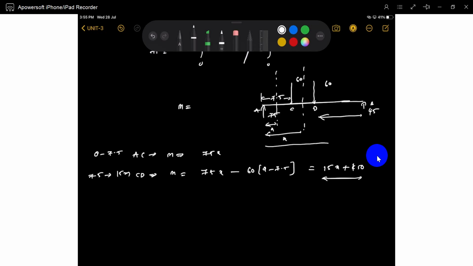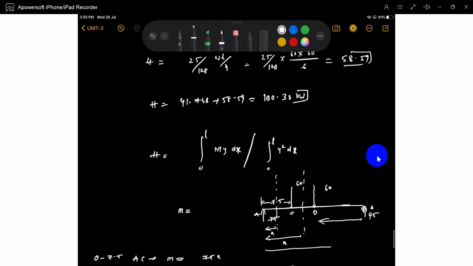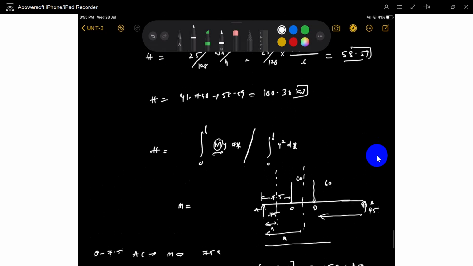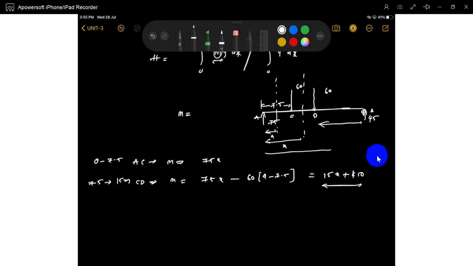So later for this part, don't even consider from A, you will consider from B. That is easier because I said that it's moment multiplied by y. You will get the moment from the right side or the left side, it's the same. So no need to take x from A. I will take x from B. So what is that moment? Moment is 45 into x, so you can write it from 0 to 15. That is right, from BD. So okay, like this you will get moments. Y value you already know it.